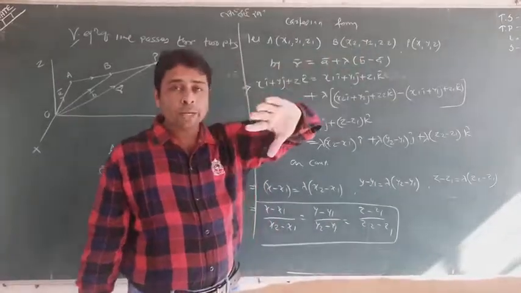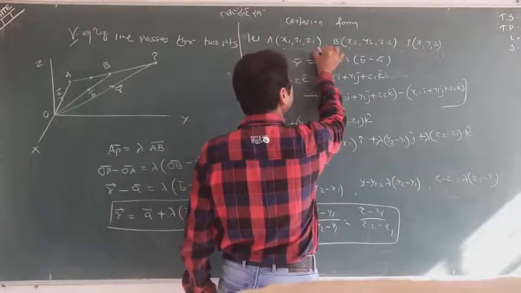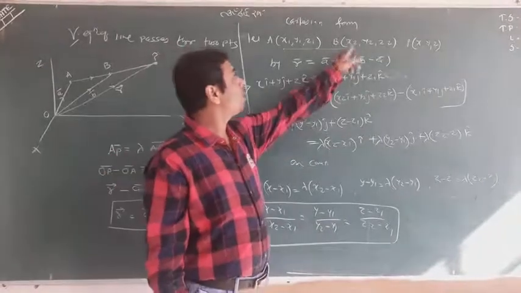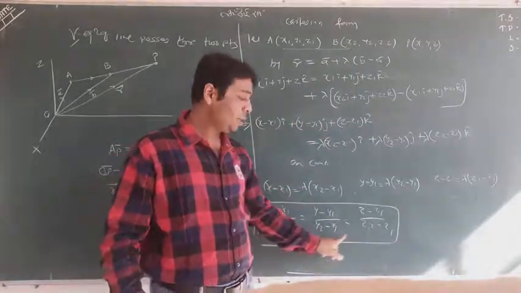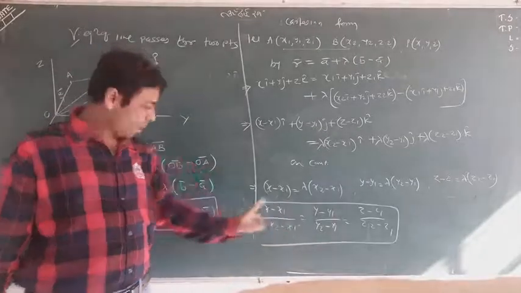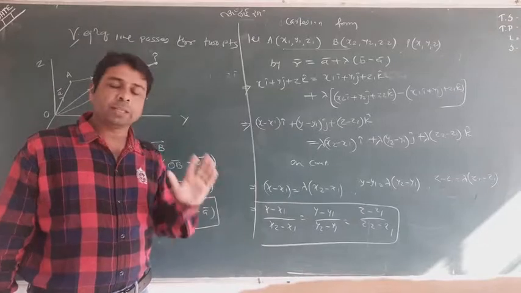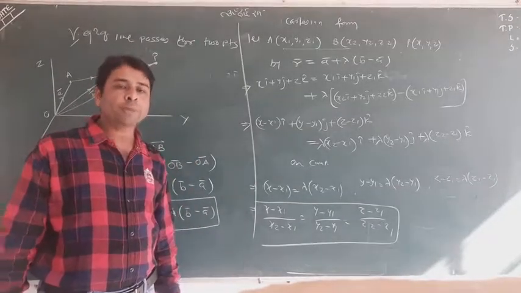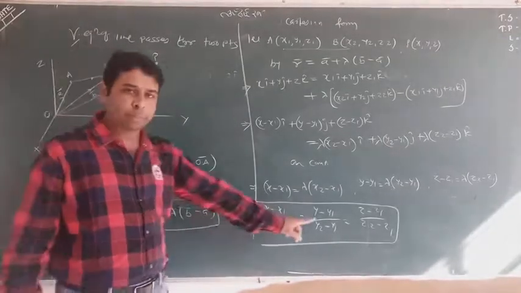If you remember, when this is A and this is B and you join the line, you should know the ratios of line AB: x2 minus x1, y2 minus y1, z2 minus z1. It is a, b, c. It's very easy. So this is the Cartesian form and this is the vector form. Definitely in examples, exercises, and exams, some question is supposed to come. If you don't remember this formula, you don't bother, but please remember this formula.